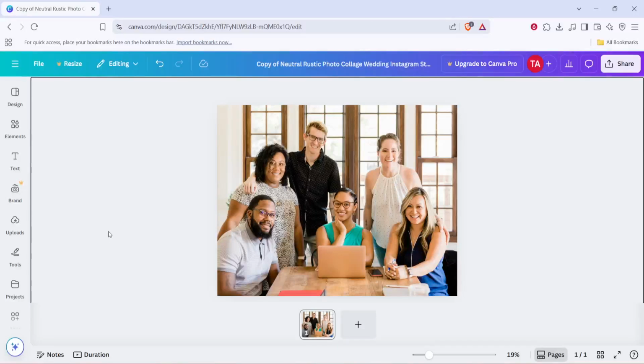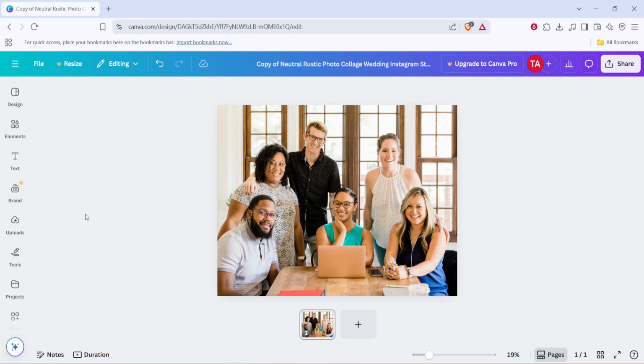In today's video, I'm going to teach you how to make an image fade using Canva. In just a few simple steps, you'll be able to create beautiful, soft transitions in your designs that can really bring a professional touch to your projects. Whether you're looking to create a subtle background or layer effects over an image, this tutorial will guide you through